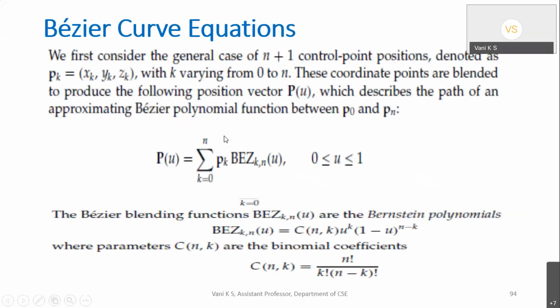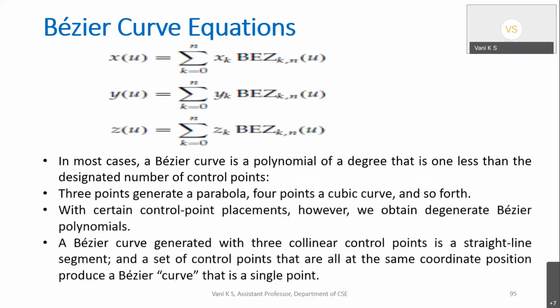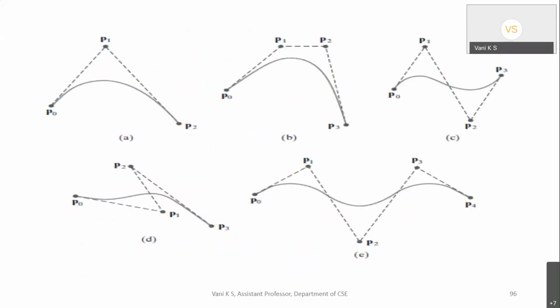See, for example, this is the equation for the Bezier curve. The Bezier curve has one mathematical equation, that is the equation here. Let me show you how the Bezier curve will be constructed. What is required to construct a Bezier curve or any spline? You require a designated set of points. So this is how the points are given. If 3 points are given, the curve will be drawn like this.